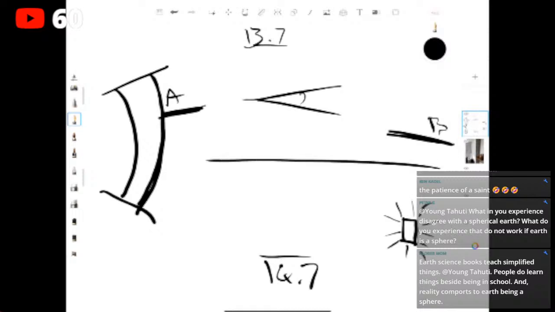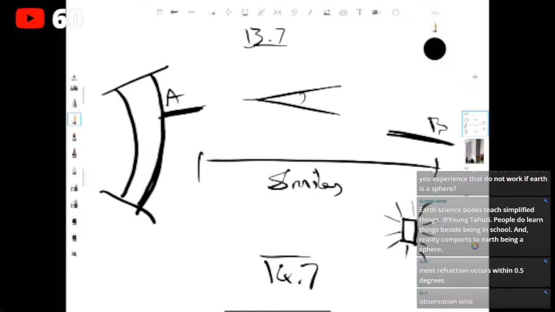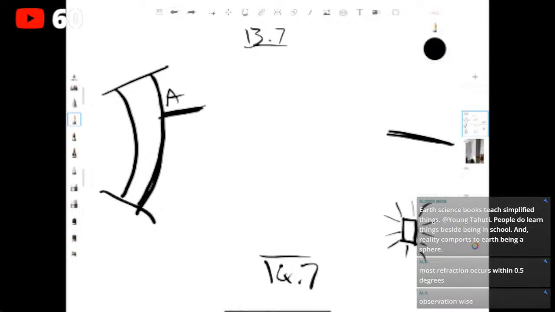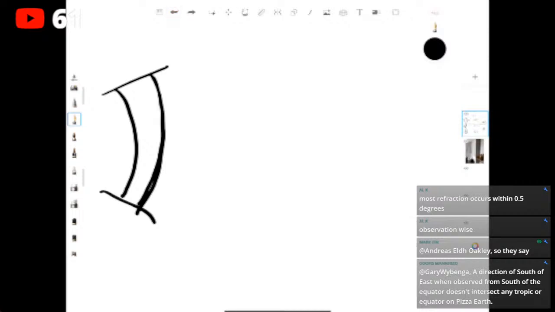The distance I haven't specified, but like I say, something at 8 miles, we only expect to see like 0.1, 0.2 degrees bend of light. And the problem is as well, you've put your sun or your object, which is omnidirectional, really, really low. What happens if you put that high? Oh yeah. Okay, so let me do that for you. Right. So now, if we've got an object up here,